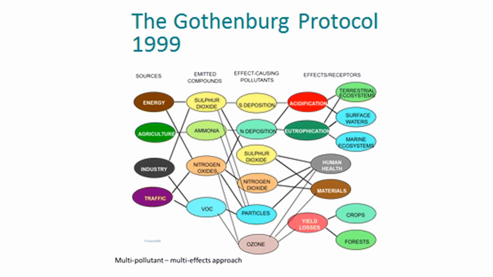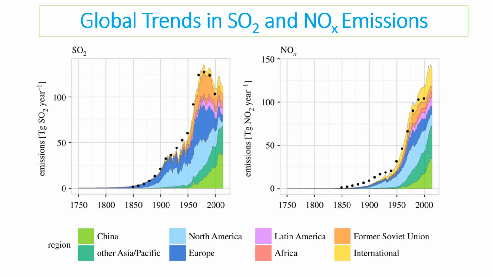This was first looked at using something called the Gothenburg Protocol in 1990. And basically this protocol encouraged the idea that we need to reduce sulfur dioxide and nitrogen oxide emissions. And you can see on this graph how the sulfur dioxide emissions increased and then have started to decrease globally. On this one, the nitrogen oxide levels have increased and then they've started to level off as a result. But you can see here how globally different countries are contributing, and this is where the blame game